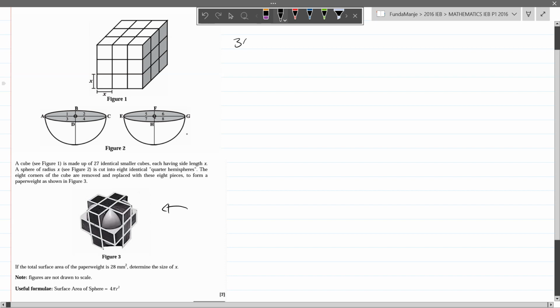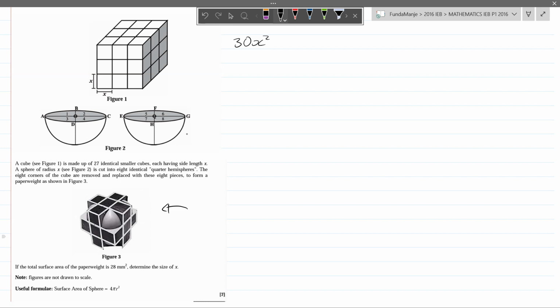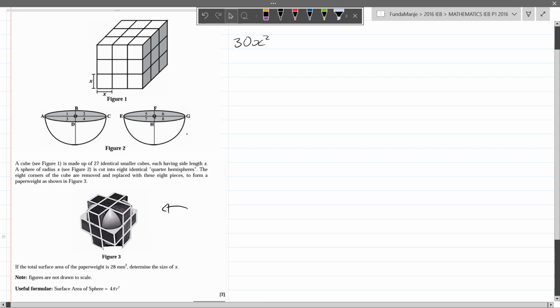So the easy part would be computing the area of all those small squares, and there are 30 of them, each of length x on each side, so it's 30x squared. Then we get to the complicated part. First of all, we have these exposed areas, and then we have this part that is semi-exposed, but a part of it has been cut out because of the sphere, or part of the sphere. Anyways, what we need now is the area of this exposed bit,